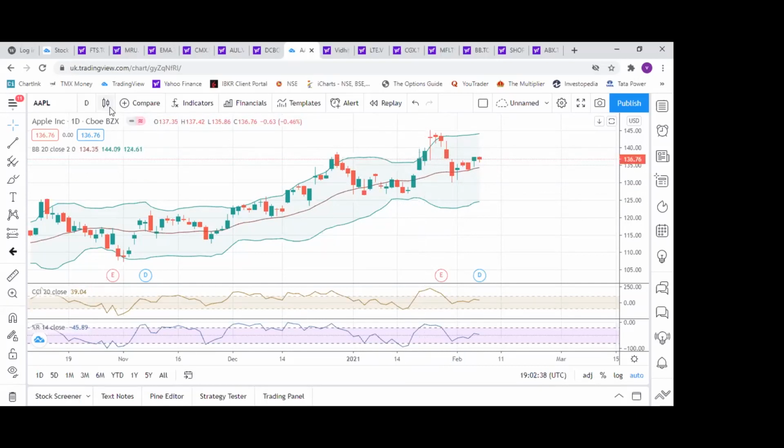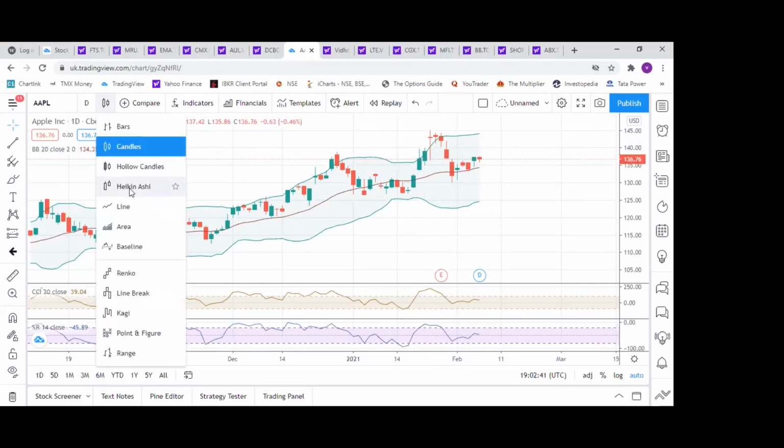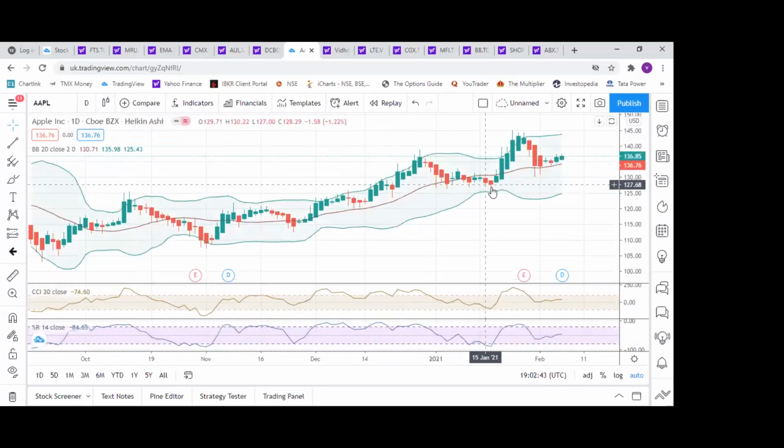Now, if I convert this from candles to Heikin Ashi, you will see a better figure. You remember the dates? Yeah, the next three red candles. See that? The green candle is on 27 Jan. When did Williams tell you? 25th. Get out. CCI tells you 25th Jan, get out.